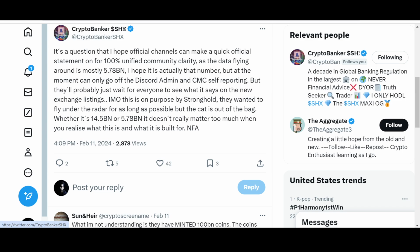Anyways, although there are Discord admins and other people as well, there should be an official stance on this and official data available to the public. They should even talk with CoinMarketCap to tackle this issue soon and release an official statement on their X handle, saying yeah, we're talking with CoinMarketCap and all of that stuff, on their official X handle. Anyways,